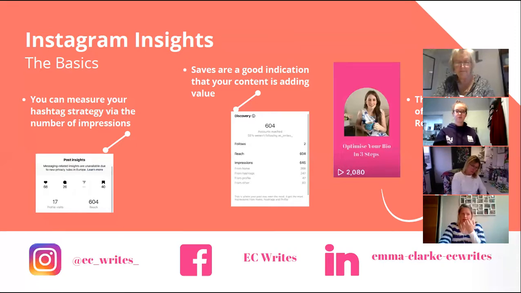So it's not the number of people that have engaged in it, it's not the number of people that have seen it, it's the number of people that may see it. So that's something to look at with your hashtag. So if you are looking at your insights, maybe you are using a certain set and you're not quite getting the engagement, but actually, you know what, the impressions are quite high that particular day, maybe you need to look at your timings and think of, maybe it's the timing, not the hashtag itself, that's the issue here.